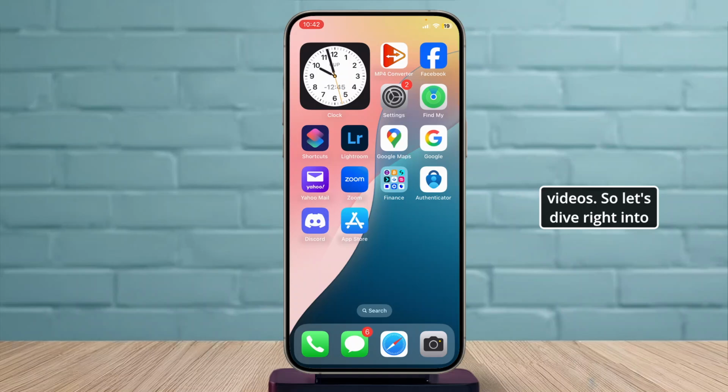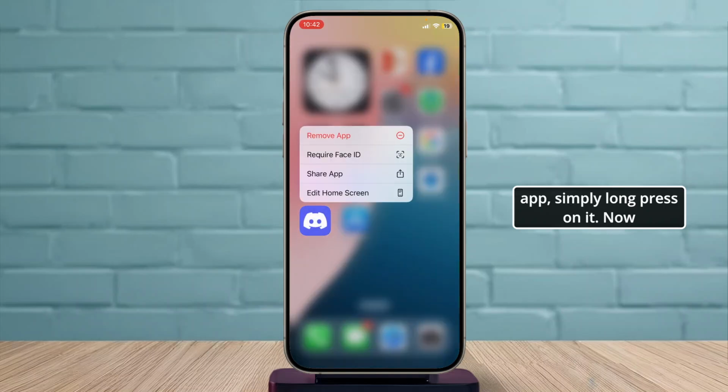So let's dive right into it. First step is open up your iPhone and find an app that you want to hide. After you found the app, simply long press on it. Now here you will see an option that says require Face ID. Simply tap on that